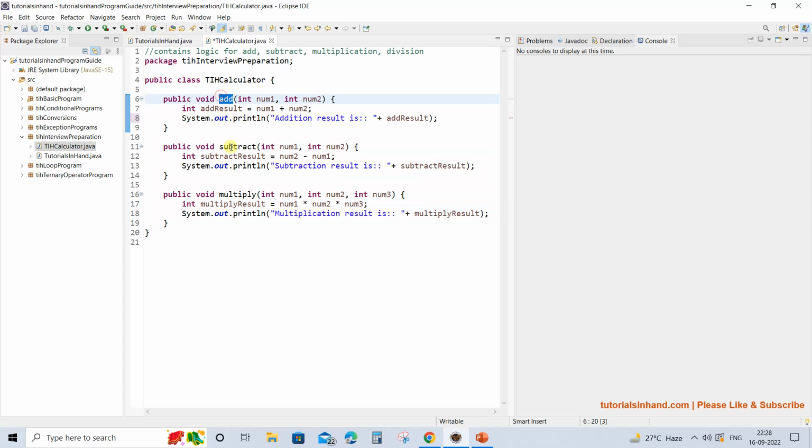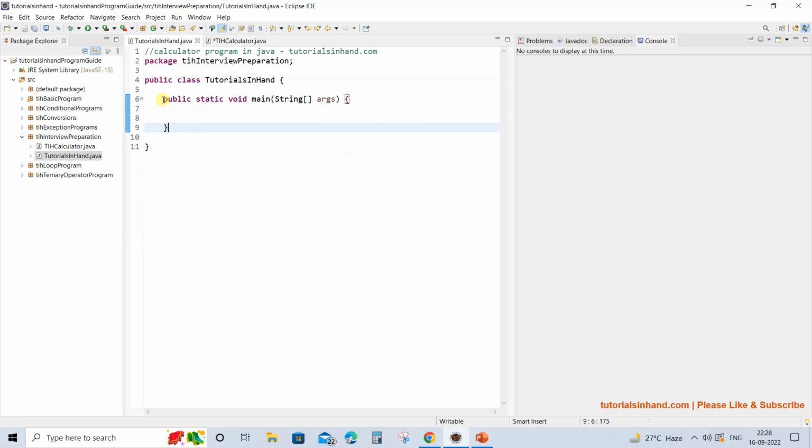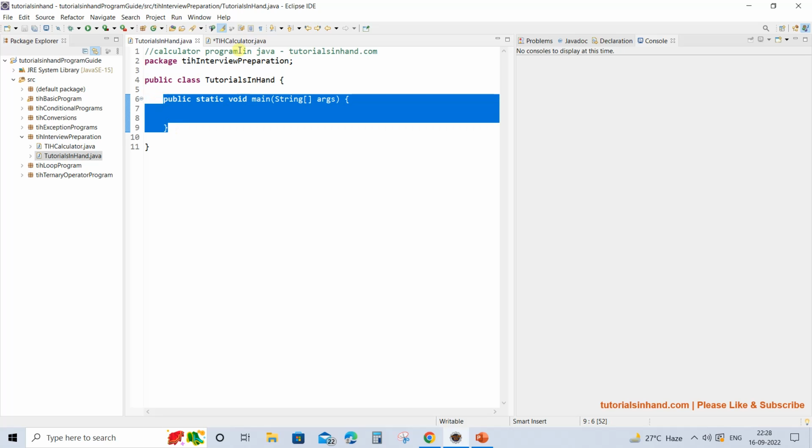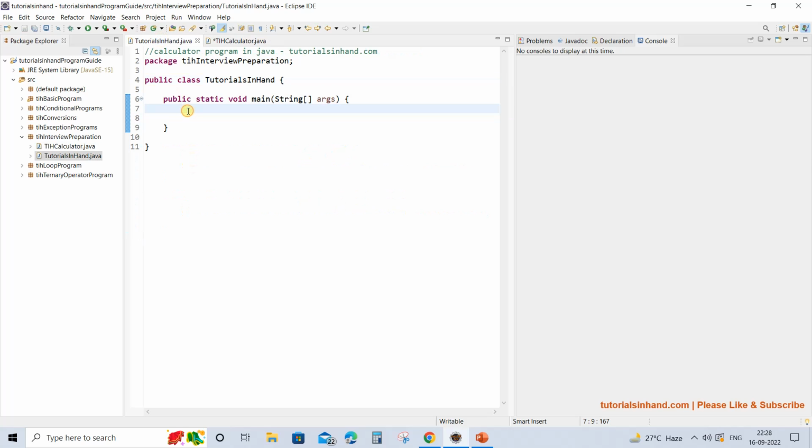And now we are moving to the main method, and we will call each and every method that we have in the TIH calculator class. And you know that if we want to call a method of any other class in some other class, as you see TIH calculator is one class and tutorials in hand is another class. So we want to call the methods of this TIH calculator class.